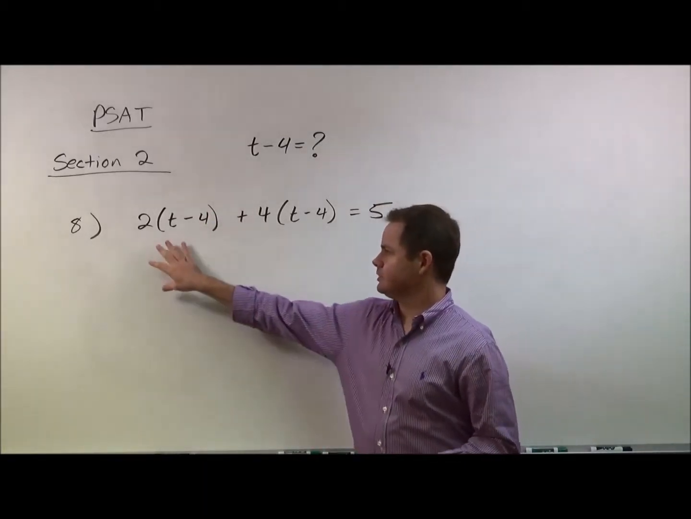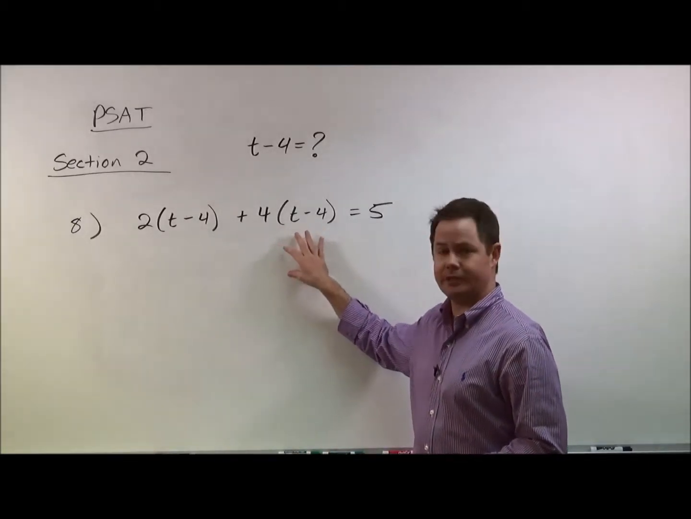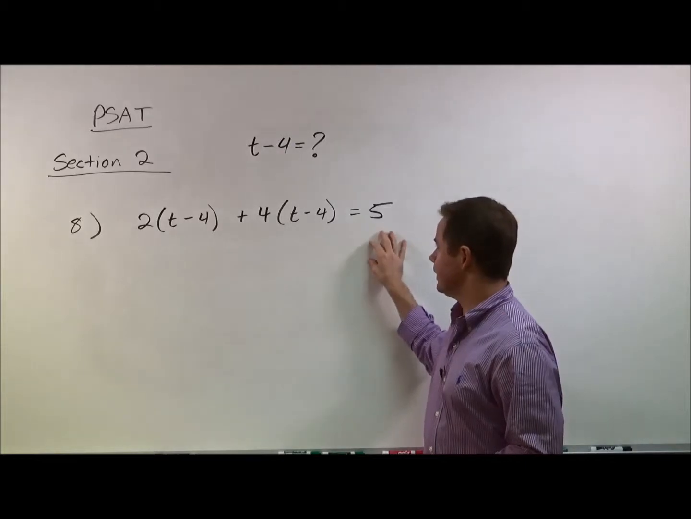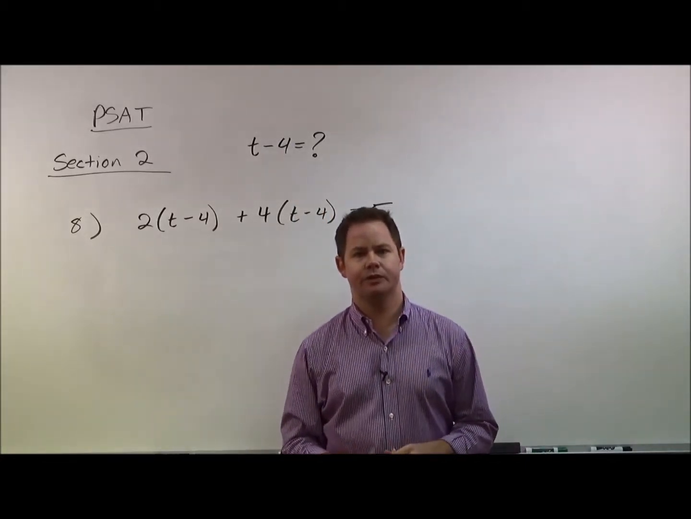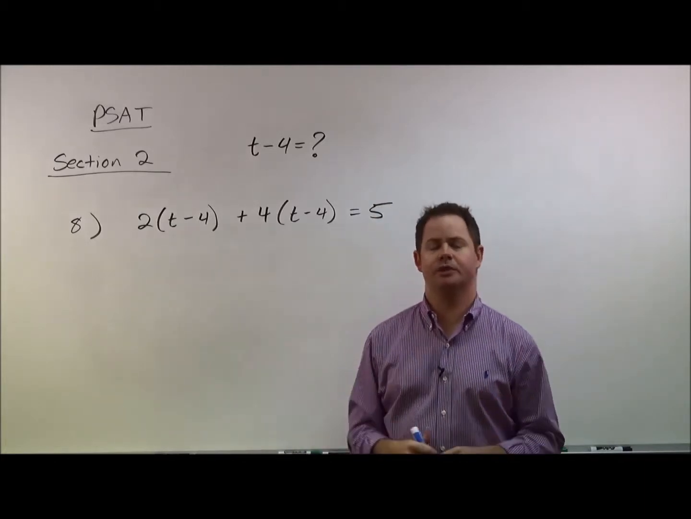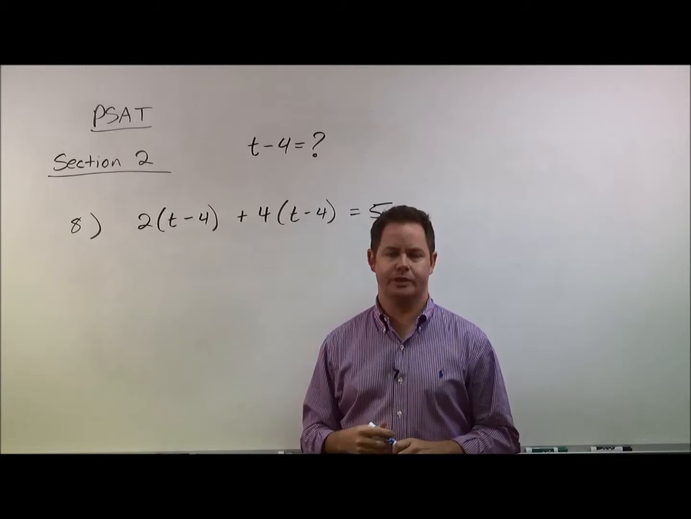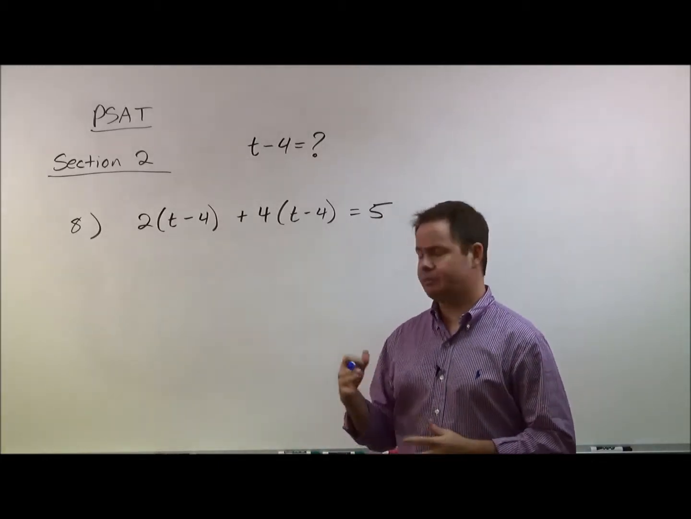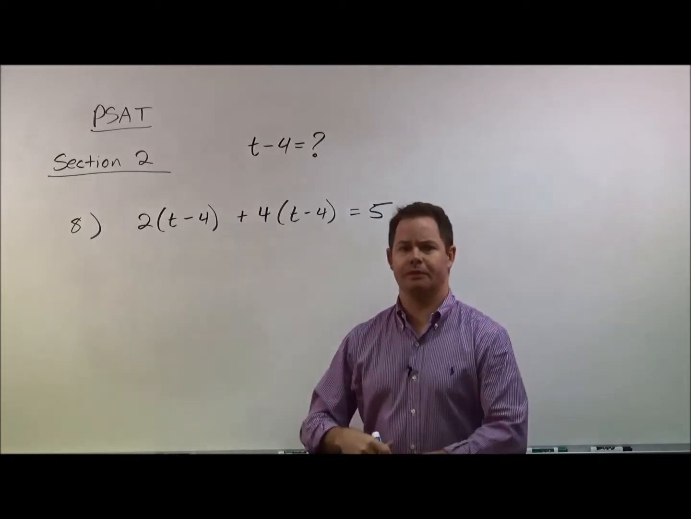This question says 2 times the quantity t minus 4 plus 4 times the quantity t minus 4 equals 5. And it's asking us to find t minus 4. So for this question we're going to go through it in two ways. We're going to take a look at the traditional way of solving this, and then we're going to take a look at a slightly more advanced, slightly faster way of solving it, which is something that we might want to